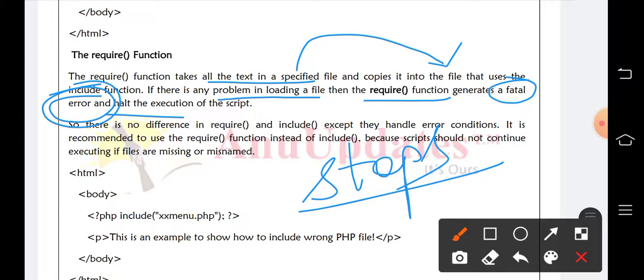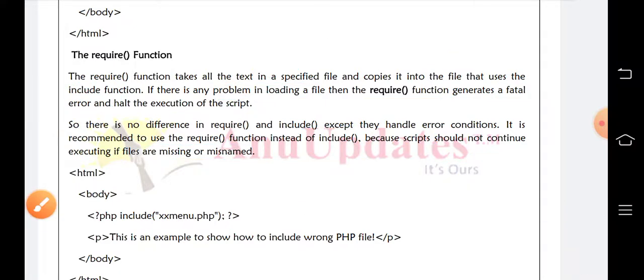It is recommended to use the require function instead of the include function, because scripts should not continue executing if files are missing or misnamed. If there is any error, it is a waste of time executing the remaining program. It is better to stop the execution of the program.